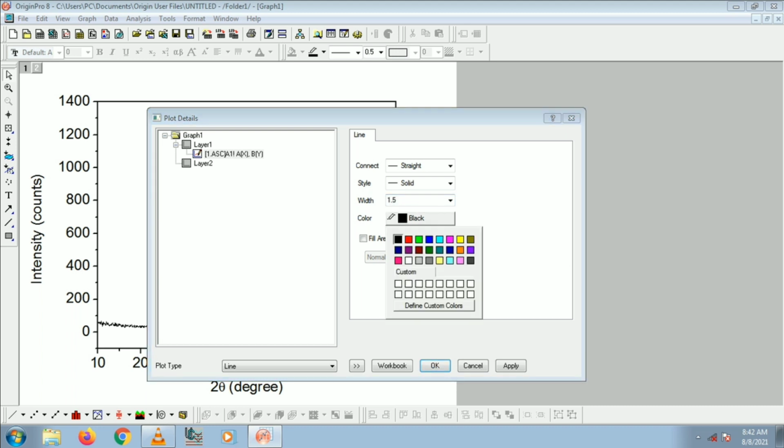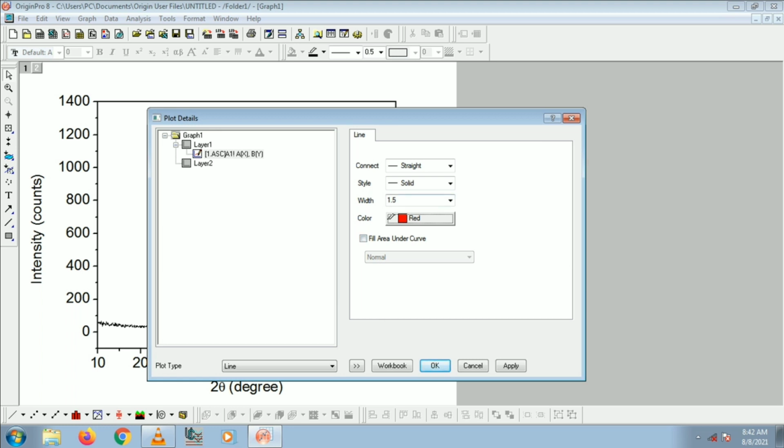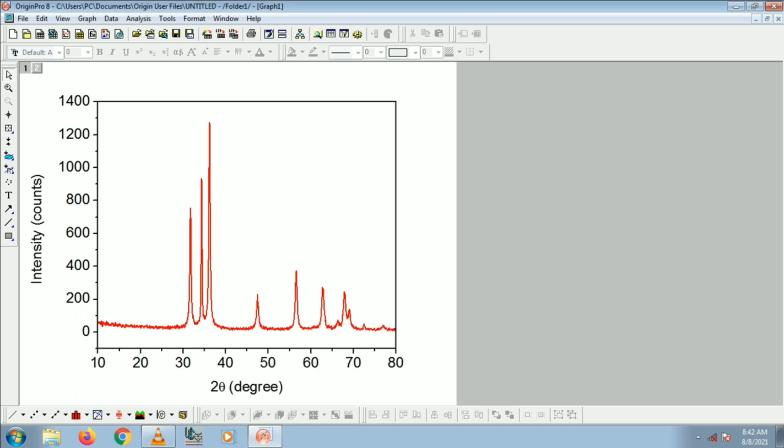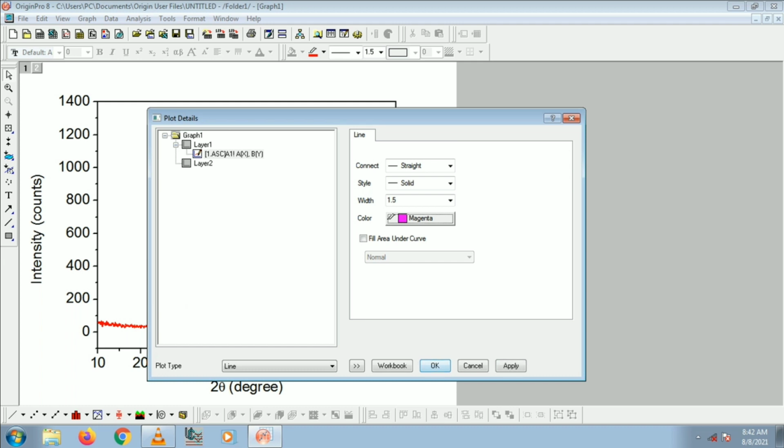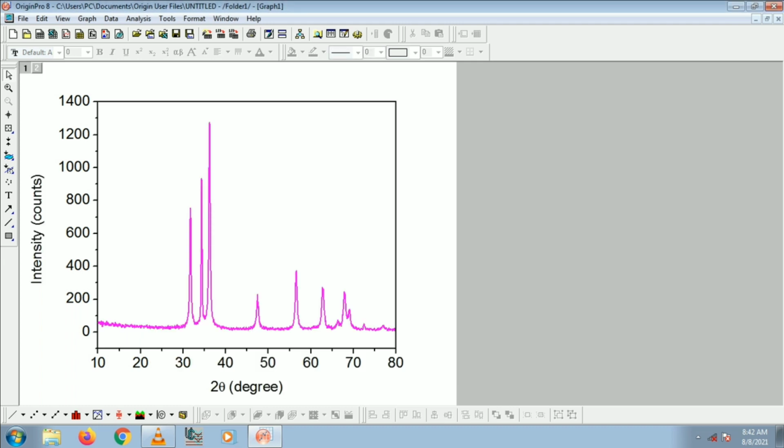We can select any color that we want. So the pattern appears like this.